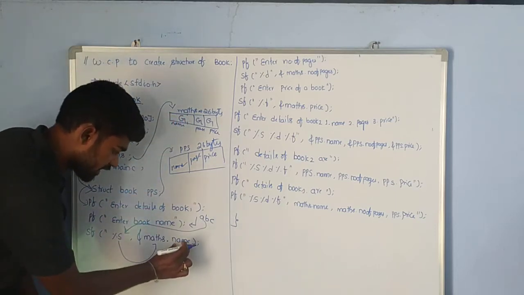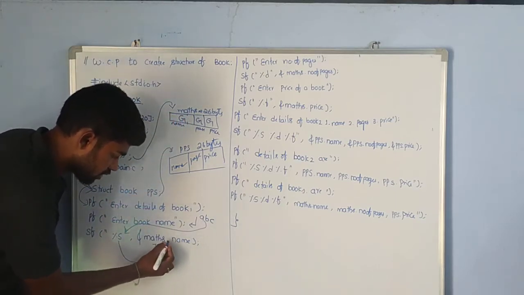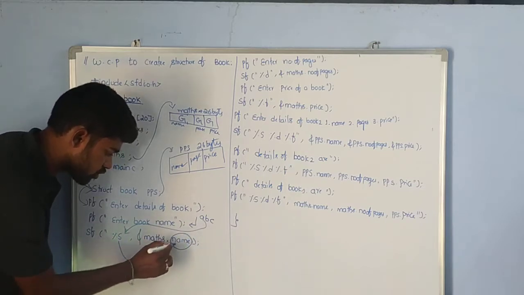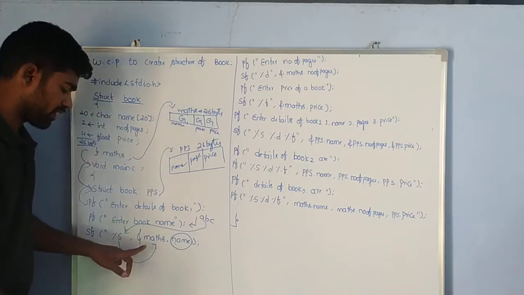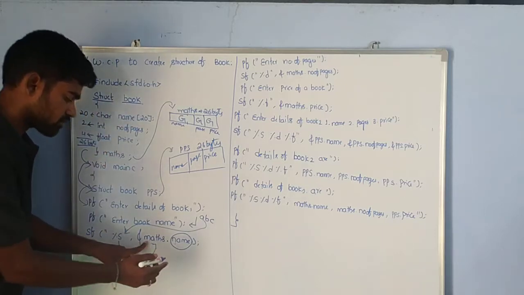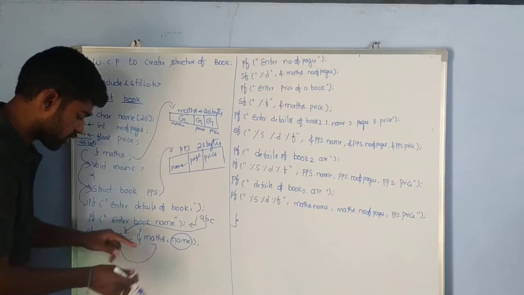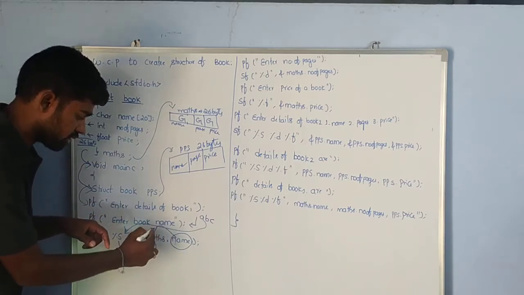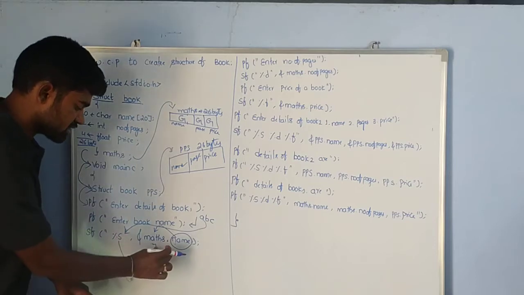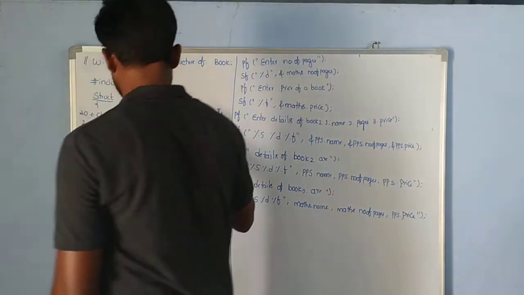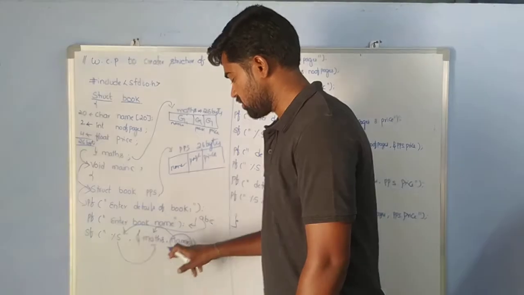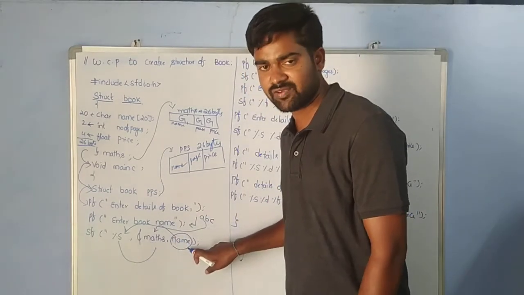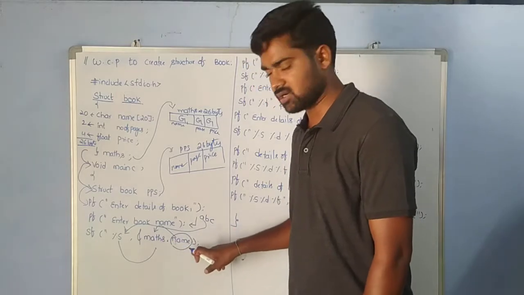Now what will happen? Name dot name is going to be fetched. Now this name is going to be stored in the location maths, but not PPS. By using the dot operator, whatever data is entered is going to be stored in the location variable called maths. This name is going to be stored in the location maths, but not PPS, because we are clearly mentioning maths dot name. We didn't say PPS dot name.